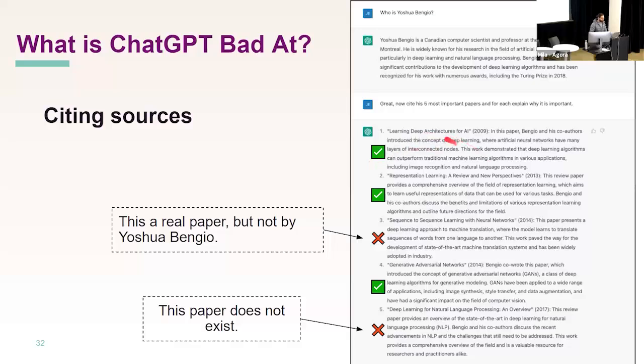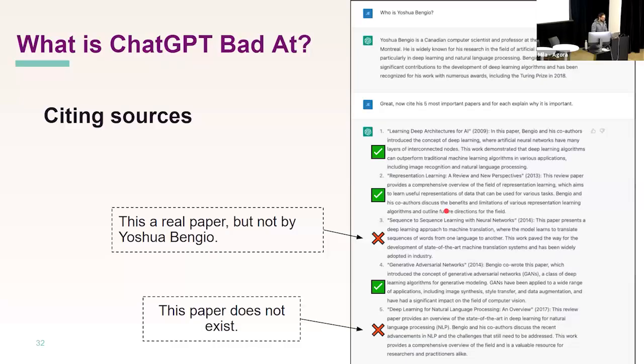The first one is actually a good response: Learning Deep Architectures for AI. This is a research paper co-authored by Professor Bengio, and the date is actually correct, 2009. I have to say, before this I wasn't familiar with this specific paper, so I don't know that I would have cited it as his most important paper. But still, it was a paper of his nonetheless. I have to give credit where credit is due, so that one is a good source.